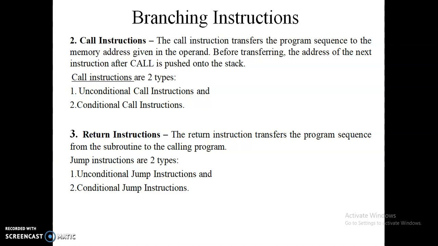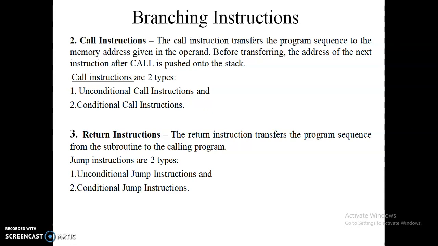The third type is the return instruction. The call and return instructions are used in subroutine functions. Subroutine functions, in other words, are called functions. In C, C++, and Java, you have come across the word function. Here it is called a subroutine in assembly level language. Return instructions are also used in the subroutine, because the call instruction calls the specified function and it returns back to the main function. It may return or not, according to the function you define there, it will execute the instructions.